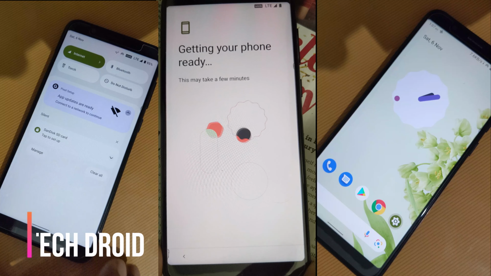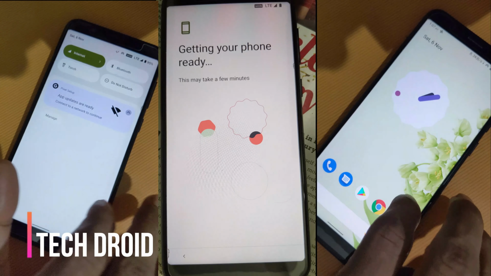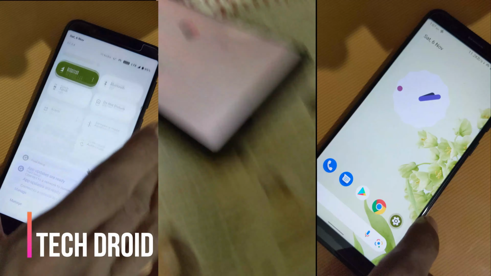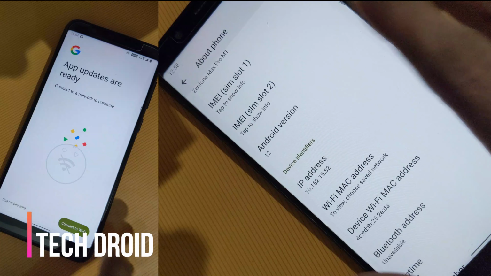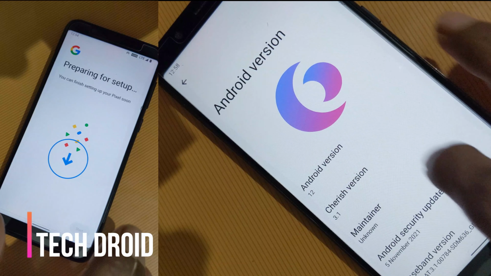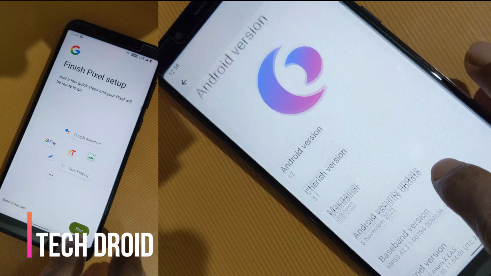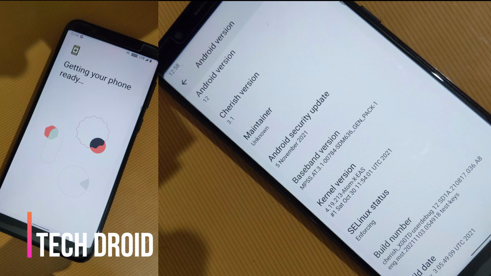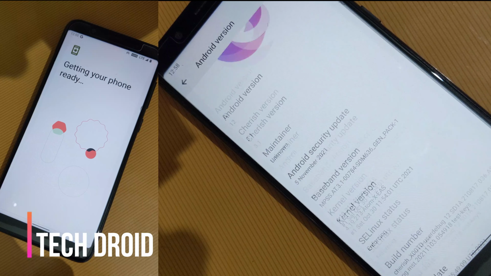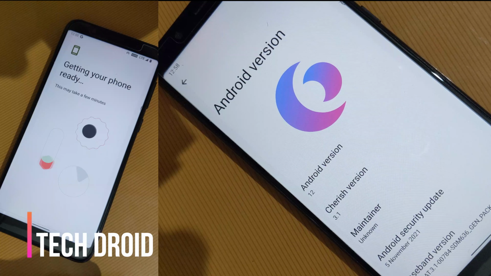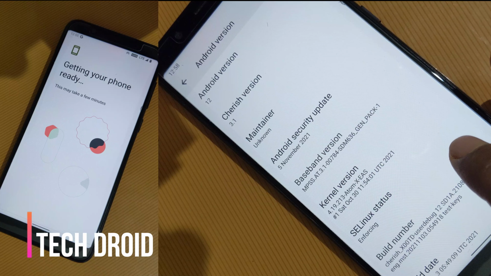So today in this video we are going to take a quick review of Cherish OS. This is the Asus Zenfone 4 Max Pro M1 device, and it is running Android 12. This is the Android version, you can check over here, and the Cherish version is 3.1. The SELinux status you can see is enforcing over here, and the Cherish OS is purely